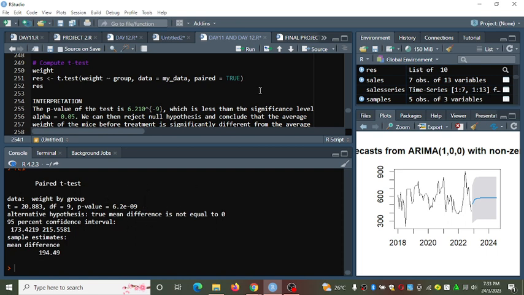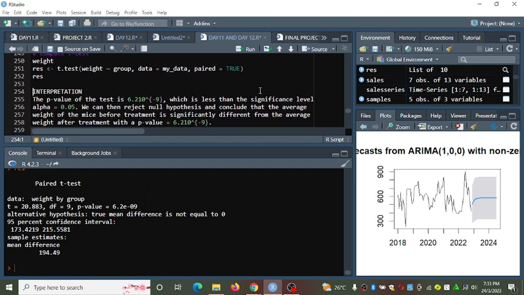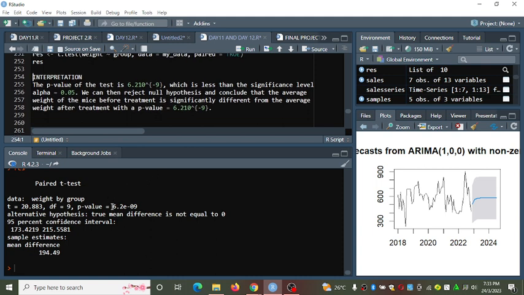So how do we interpret this part? This is the p-value. This number is very, very small, 6.2 times 10 raised to negative 9.